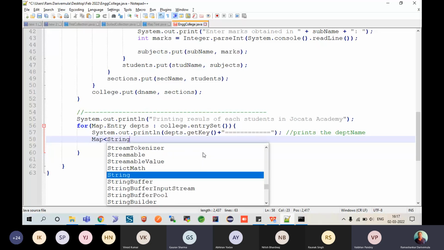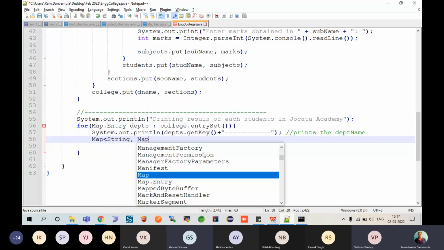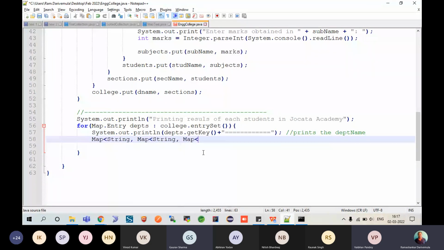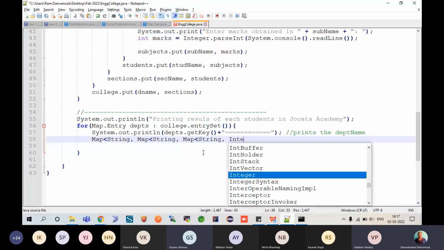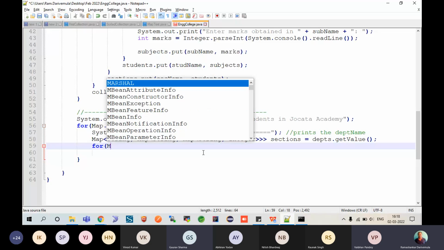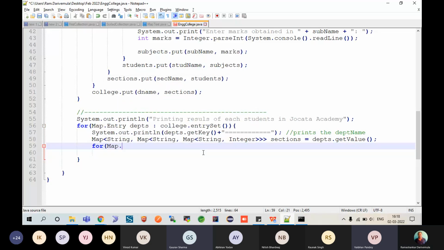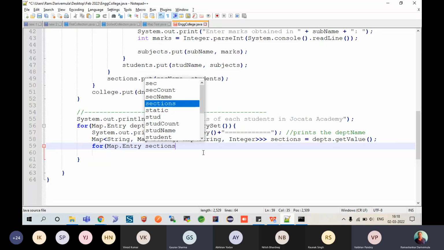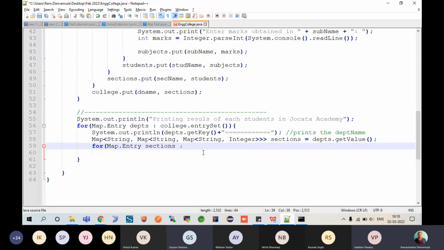So map of string comma map of string student comma map of subject comma integer। देखो, ओके, नाम क्या है भाई इसका? sections is equals to ppt dot get value। आया मेरे पास वैल्यू। फिर अगेन आई से फॉर ईच map dot entry sections available in this above sections dot entry set।